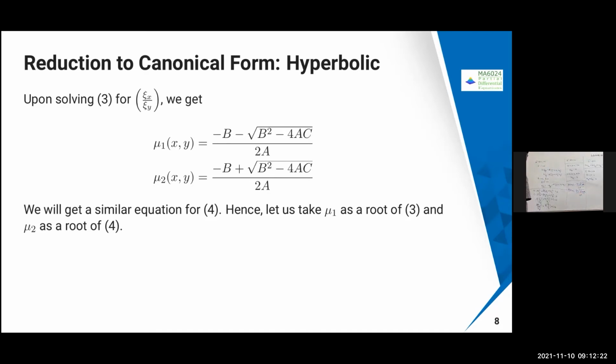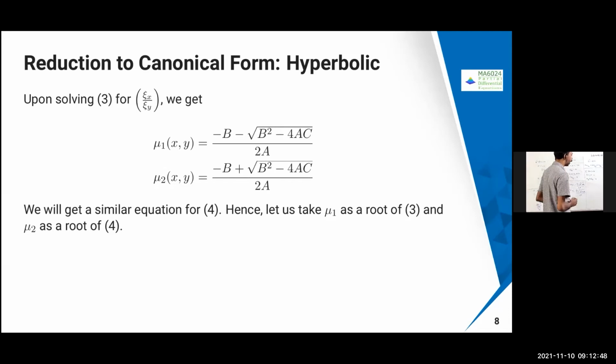Same way you will get for this one. Okay, so we can just put some other value. Instead of nu1, nu2, you can put some chi1, chi2 or some other notation you can use. So for which you are going to get a similar kind of equation, but the roots are going to be the same. Nu1, if you solve this problem or this problem, you are going to get similar roots. But depending on whatever you are choosing, you are going to solve that chi x by chi y or eta x by eta y.